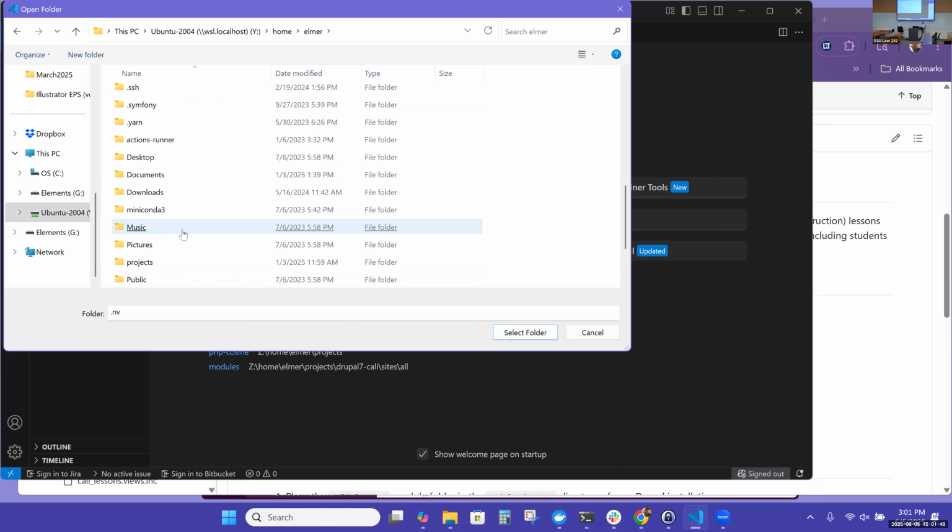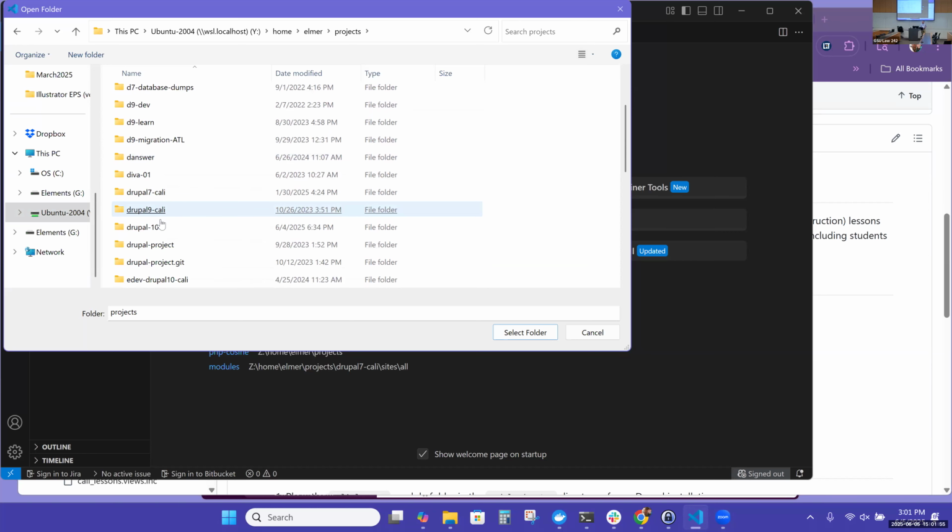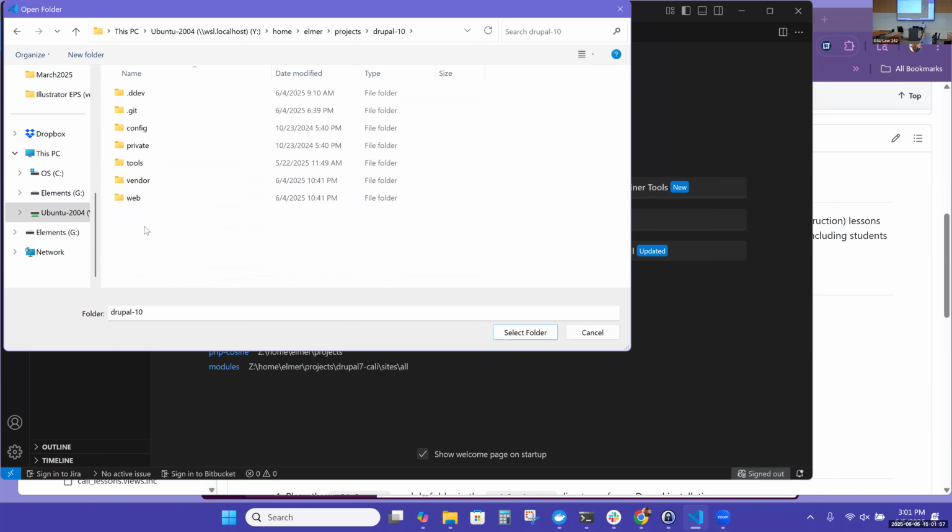Visual Studio is a Microsoft product. It's open source. It's free to use. It's really good for PHP, and it actually has plugins to understand Drupalisms and autocompletes and stuff. So it's aware of, through the plugins, the